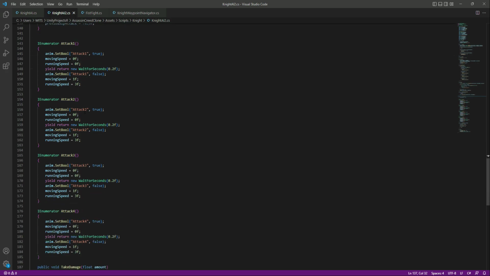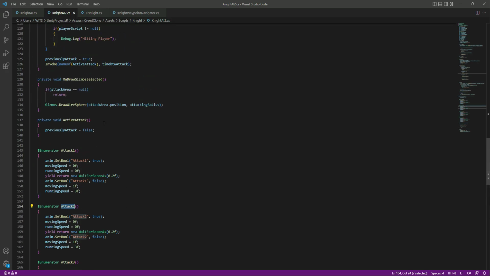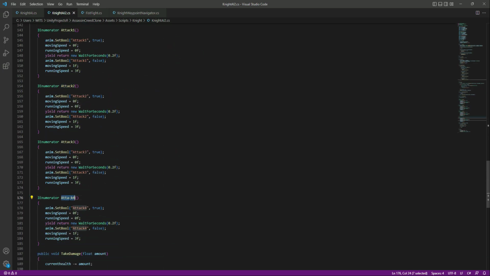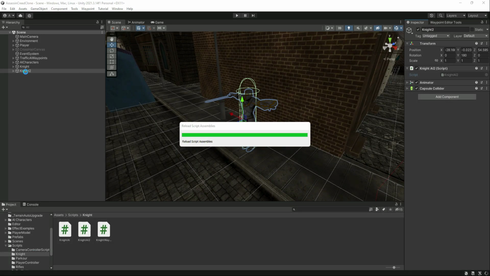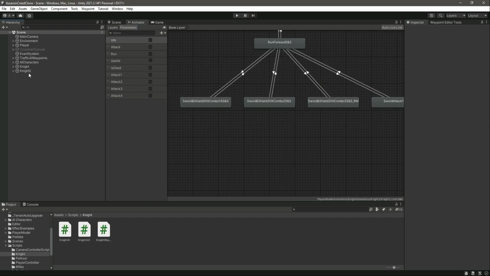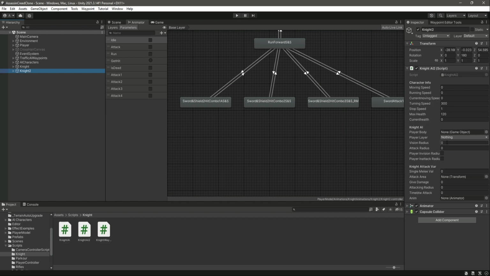Okay, and we will not be changing the attack 1 2 3 4 method names and not even these parameters, because the parameters are the same. Okay, if I show you the animator, as you can see attack 1 2 3 4 they are all of the same, so we don't need to do any more changes. Now we just need to assign these things. So the moving speed will be 1, the running speed will be 3, the current moving speed will be added